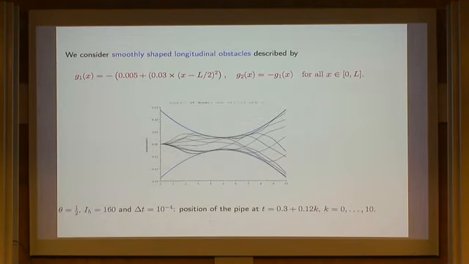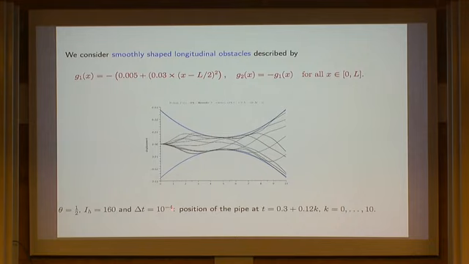So next we have tried to compute solutions with smoothly shaped longitudinal obstacles, which are described by these two mappings, G1 and G2. The obstacles are given here by the blue lines, and in black we have plotted the position of the pipe for different values of the time t. Once again, we have chosen 160 space nodes, a value of theta equal to 1/2, but here delta t